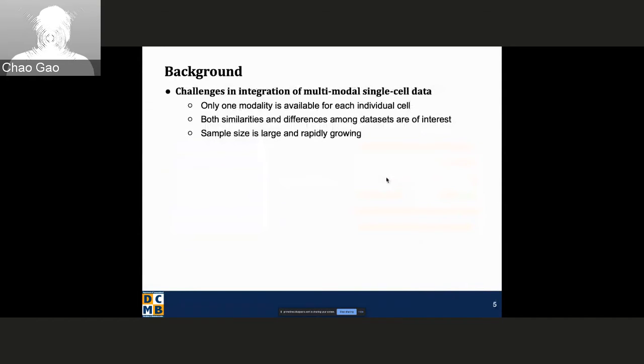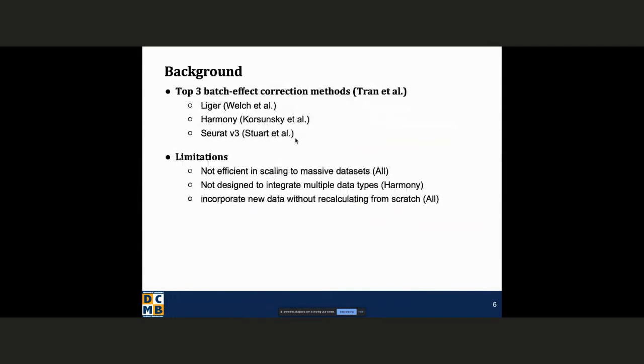Here are three major challenges in integrating multi-modal single-cell data. The first one is that only one modality is available for each individual cell. Both similarities and differences among datasets are of interest, and the sample size is large and rapidly growing. Therefore,